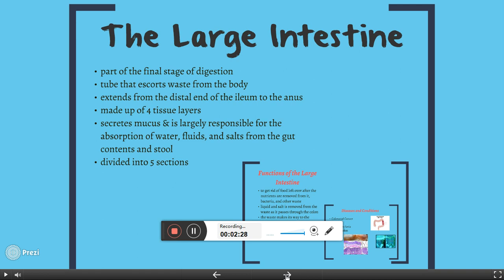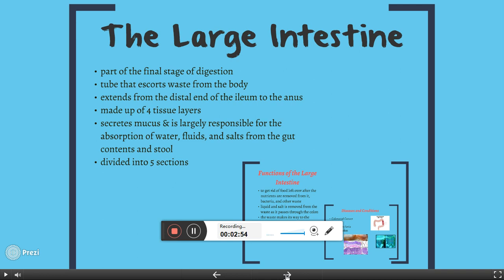The next layer is the submucosa, which is the layer of blood vessels, nerves, and connective tissues. The layer after that is the muscularis. This contains the visceral muscle cells that contract and move the large intestine, producing haustra, which are lumpy pouch-like structures. The final layer, or the outermost layer, is the serosa, which secretes watery serous fluid to lubricate the surface